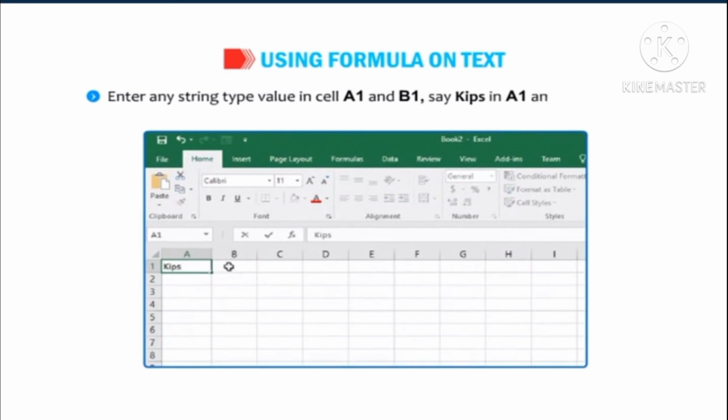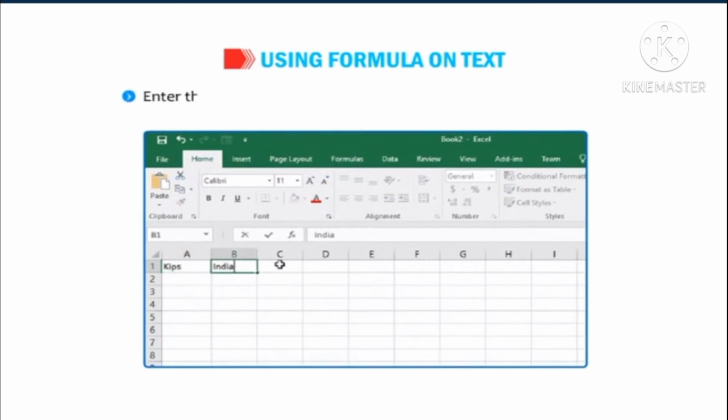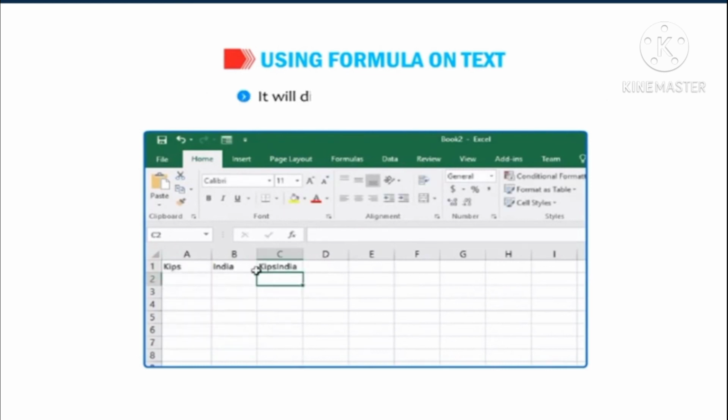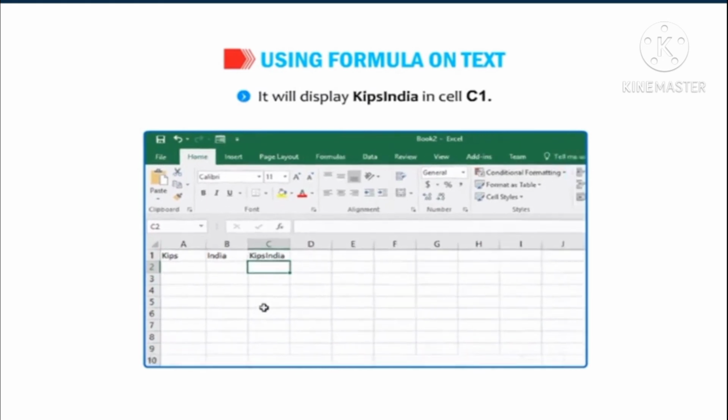Say KIPS in A1 and India in B1. Enter the formula equal double quote KIPS double quote ampersand double quote India double quote in cell C1 and press Enter. It will display KIPS India in cell C1.